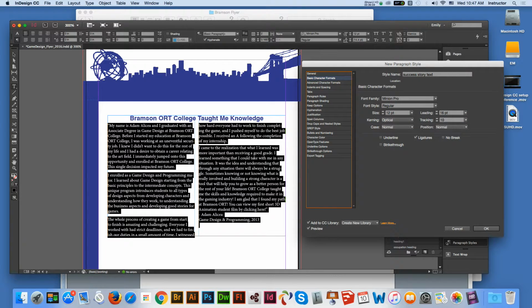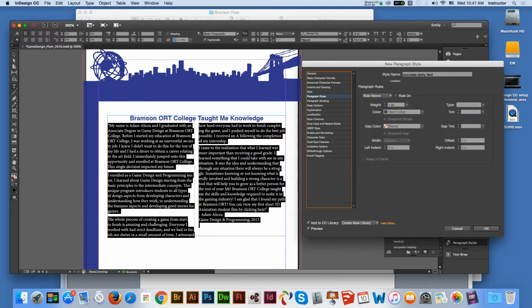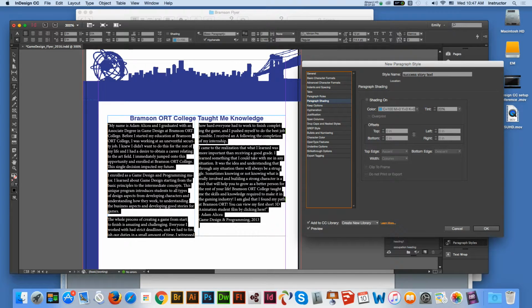So I'm going to need to have the 12, okay, indent. Baseline shift, okay, indent and spacing. Shading, option,